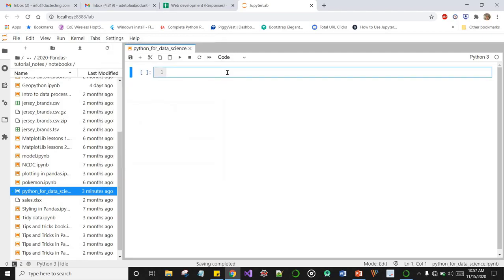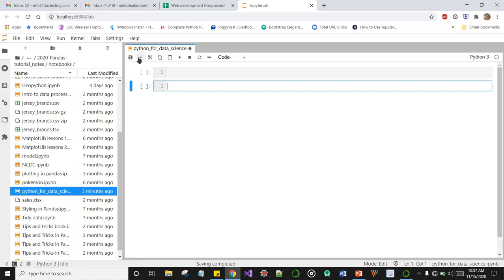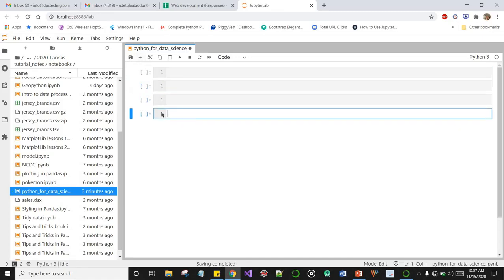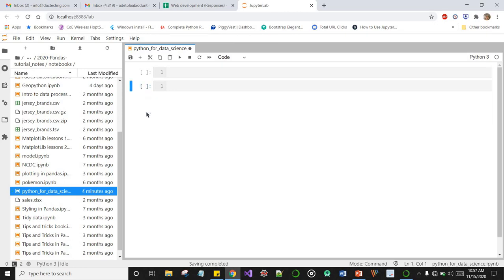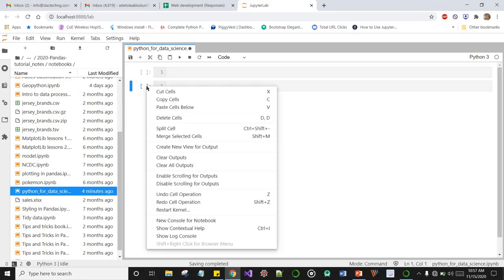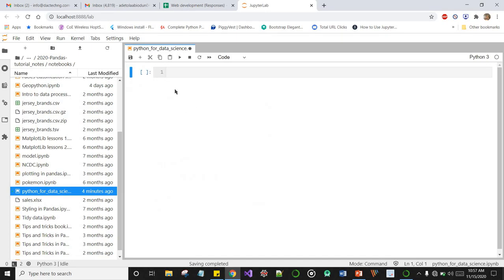To get us started, let's just quickly look at the tools we have here. On my left hand, there's a save icon here, and this plus sign is if you want to insert a new cell. I can keep inserting new cells, and if I just want to delete this particular cell, I can simply press D twice. If I want to insert, I can come back and press the plus icon, and you can still simply right click and click on delete cells. It's all the same.